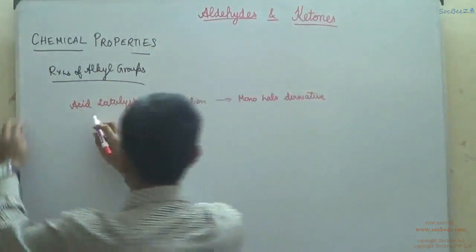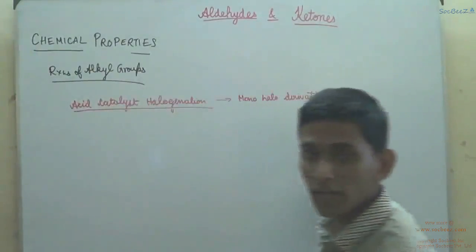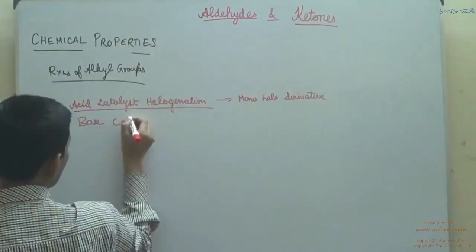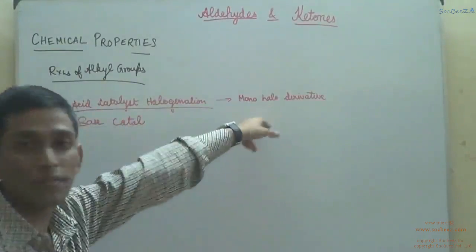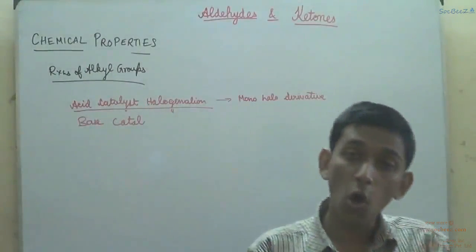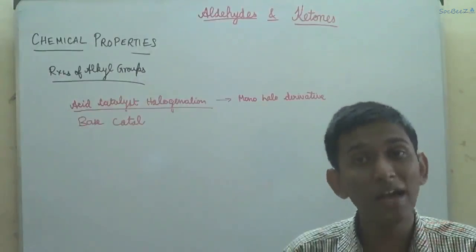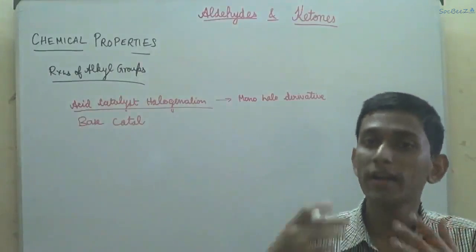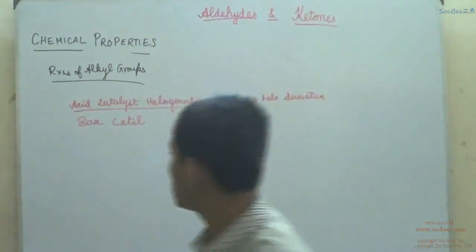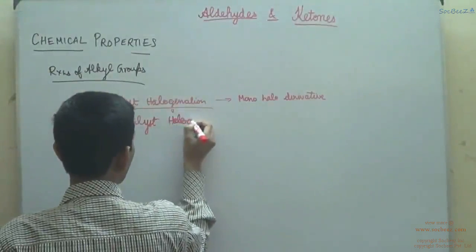So as you are seeing, acid catalyst halogenation will give only monohalo derivatives, whereas with base catalyst, that means you have only one derivative, monohalo. Therefore, reactions like iodoform, where all the 3 alpha hydrogens are replaced by iodine, or any haloform, are generally base catalyzed. So in base catalyst halogenation, what happens is,